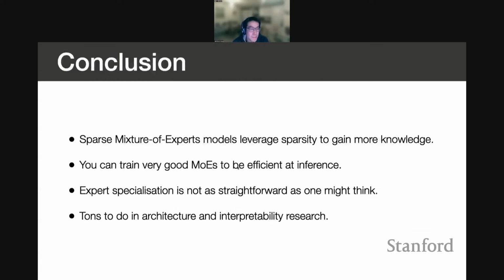Okay, so I just want to conclude here that sparse mixture of experts models leverage sparsity to gain a lot more knowledge, and you can train very good mixture of experts models to be quite efficient at inference. And expert specialization is not as straightforward as one might think, and there's just tons to do in